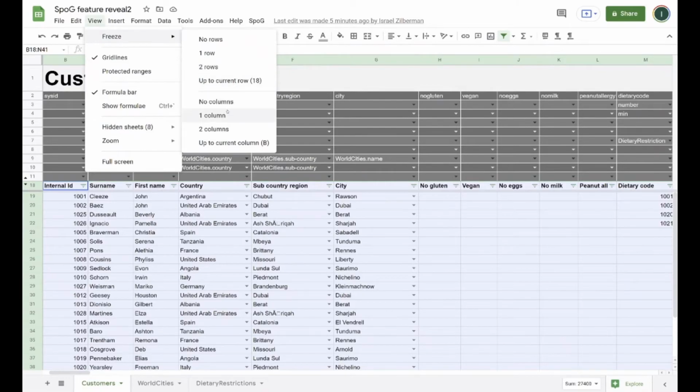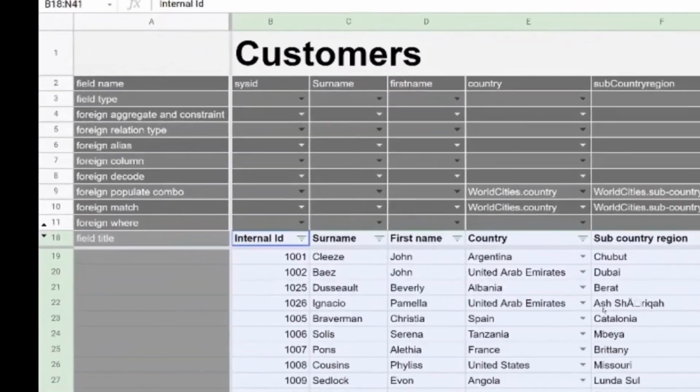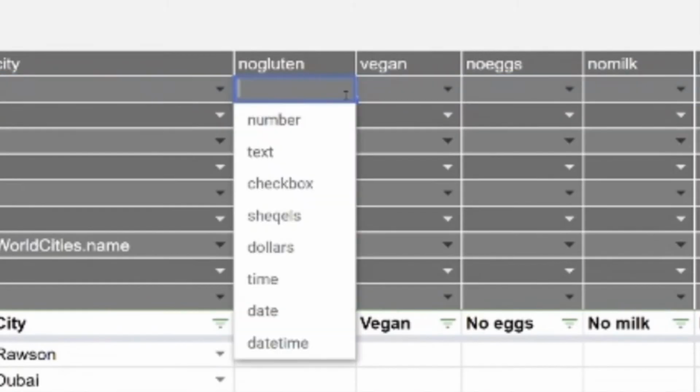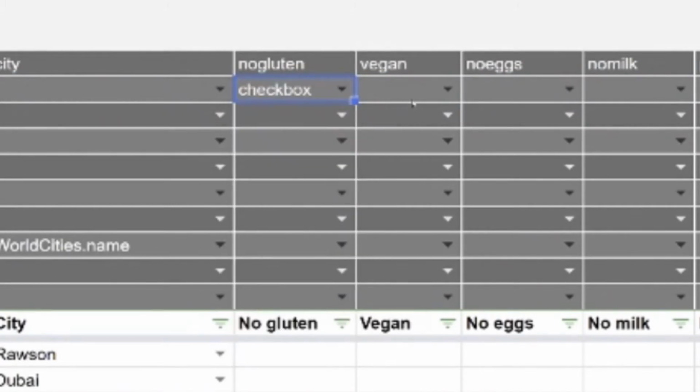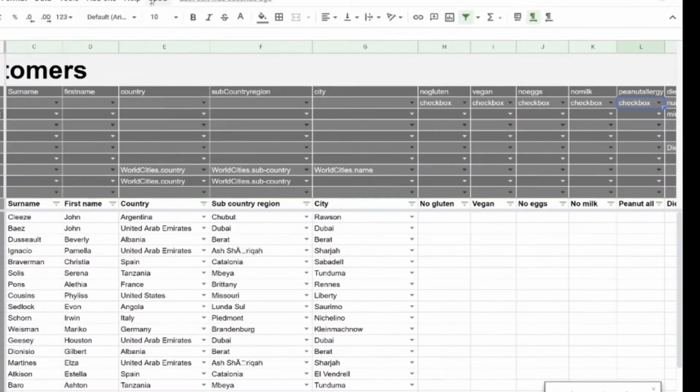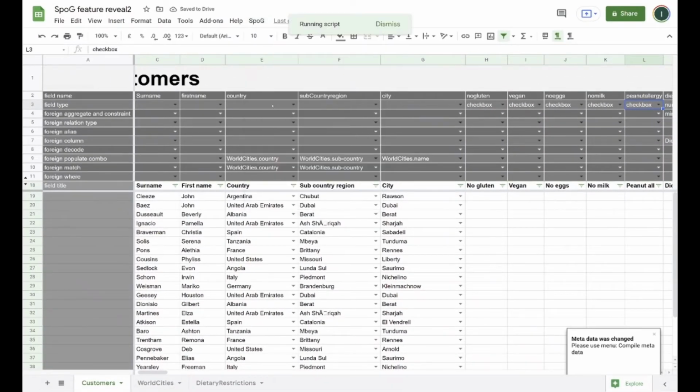Let's freeze column A to see which is the field type line. We choose checkbox. And we compile.